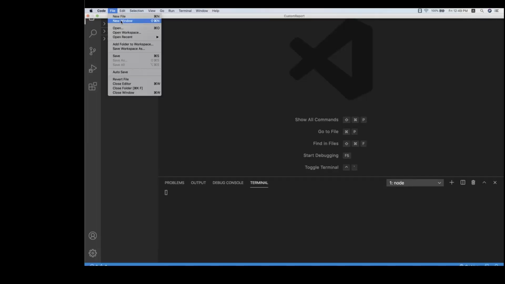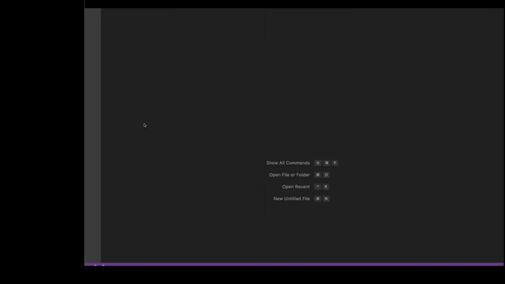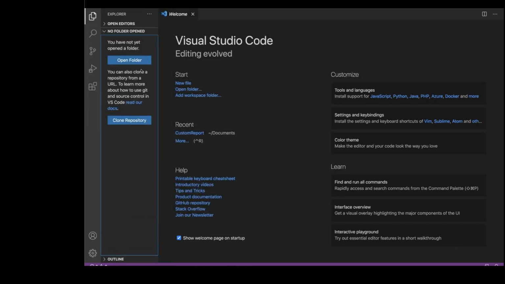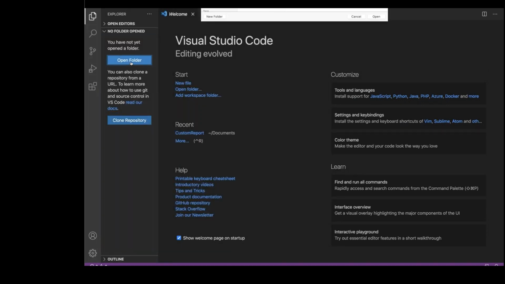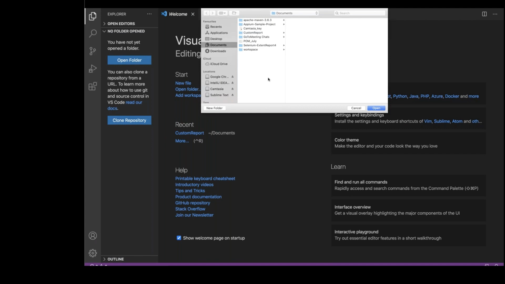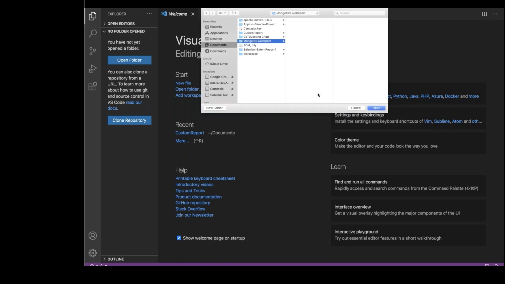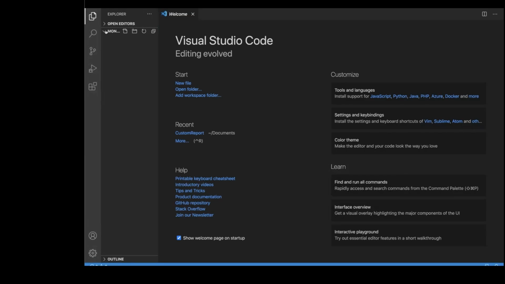Okay, let's open a new window. And here I have to go to this and open the folder. So in my documents, I'm going to create one folder over here. So right click on it, or let's say new, create a new folder. And let's see, MongoDB live report is my project name. Click on create and just open it. So when you open it, a blank project got created over here.